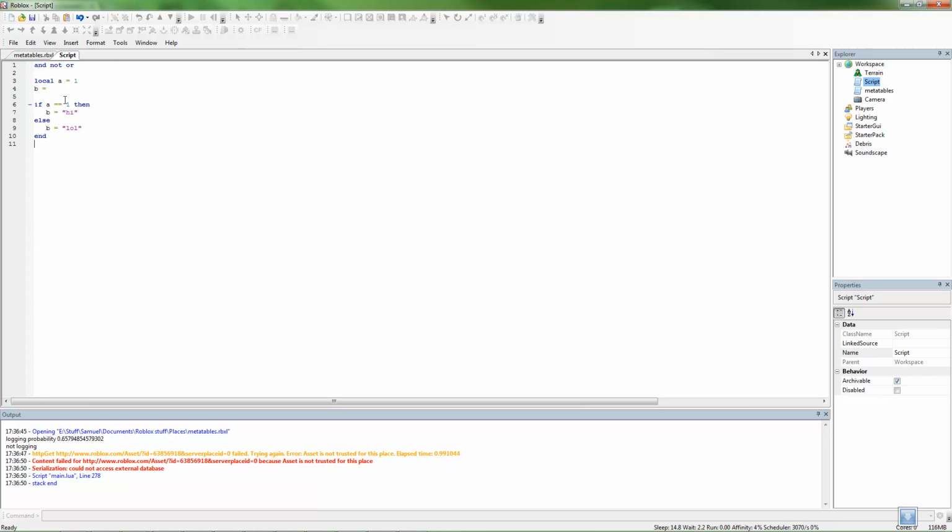But there's a much easier way of doing anything like this, which I'm going to explain to you now. It might not be easier, but it's definitely quicker, and it makes it more readable, less lines, less annoying. You can go B. Let's make it a local variable. B equals 1. What we can now do is use these logical operators to make B what we want it to be. So what we're going to do, A equals 1, and